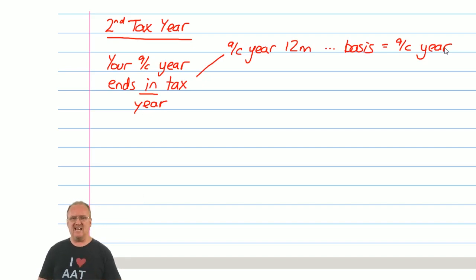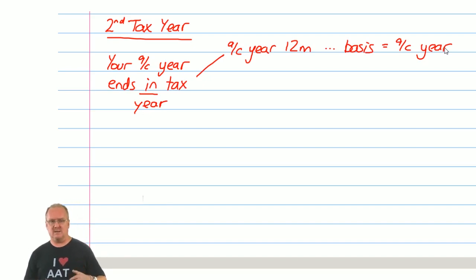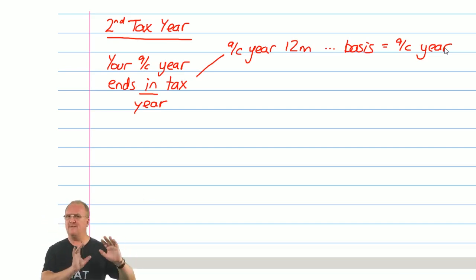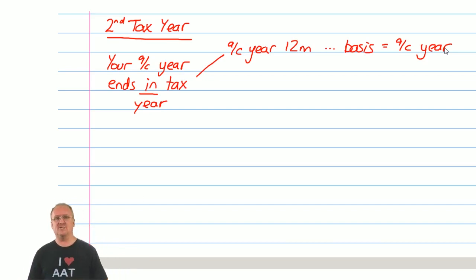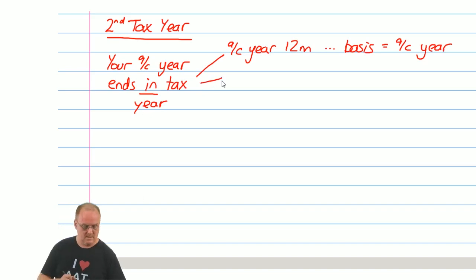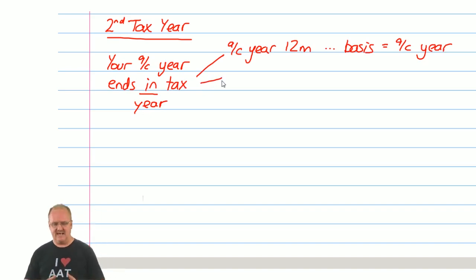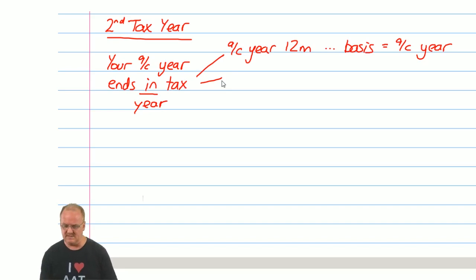Now, one thing to note here is you are going to be taxed on a 12-month period now because you're up and running. When you start off, fine, but in this second year you're going to be taxed on 12 months of something. The fun starts if your accounting year is not 12 months. Because if your accounting year is less than a year,